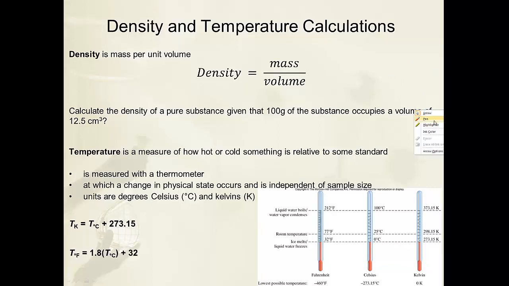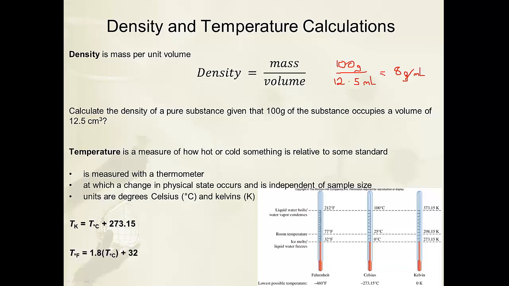All right, so looking at this example, how would you approach this question? Something that we could do is take grams per milliliter or grams per cubic centimeter. So we're going to do 100 grams divided by 12.5 centimeters cubed, and a cubic centimeter is equivalent to a milliliter, so it's still going to be grams per milliliter. So 100 divided by 12.5 gives me 8, so we get 8 grams per, and you can either put grams per cubic centimeter or grams per milliliter. Both are